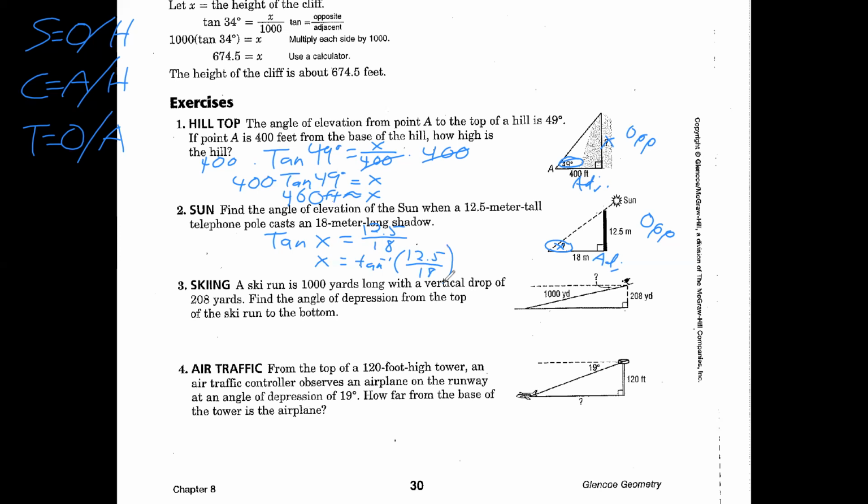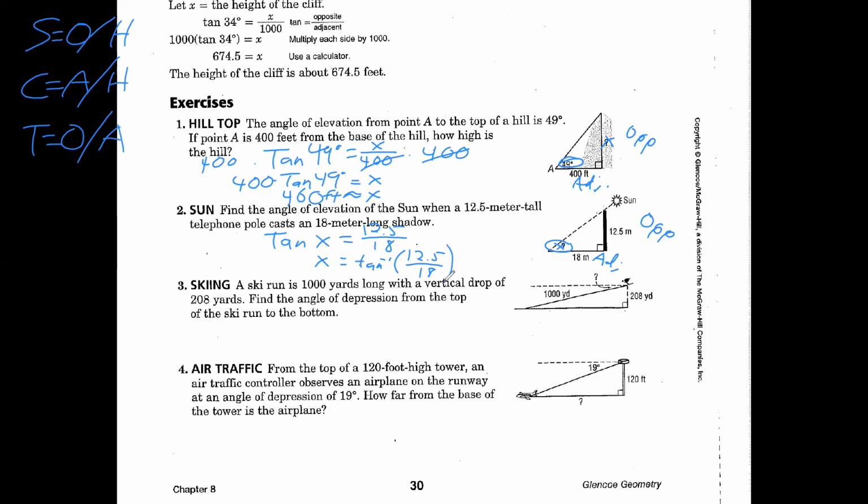So plug that in. 12.5 divided by 18. Now again, be careful when you plug this in. If you want to type the whole thing, that's great. You type it as a fraction, 12.5 over 18. Take the inverse tangent of that. Should be good. Now, if you do it as division,